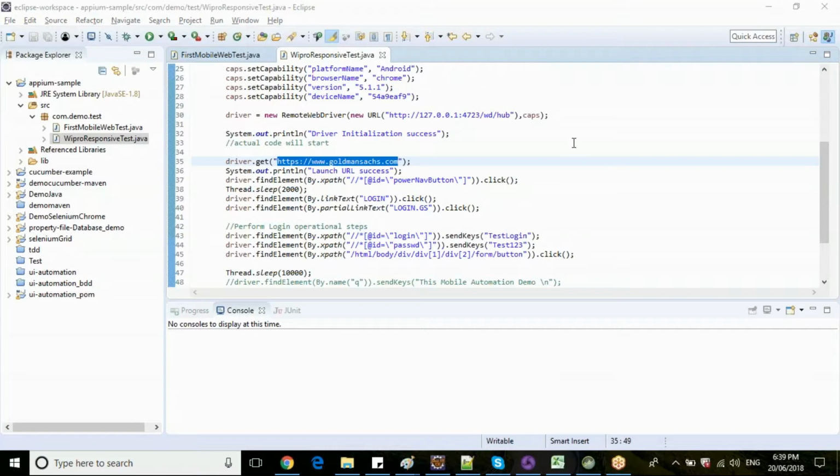So what exactly is a responsive web design? How is it different from normal web-based applications? Why do we call it a responsive web design application?